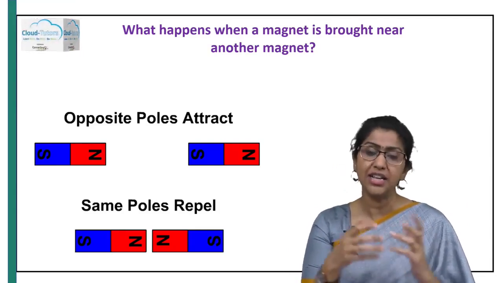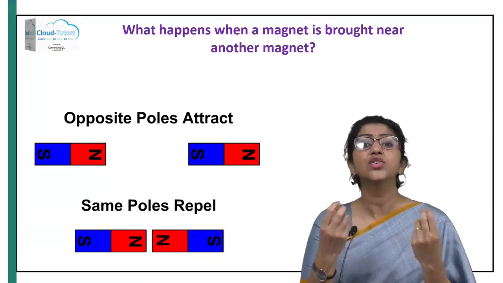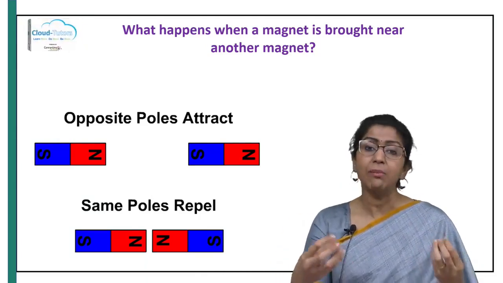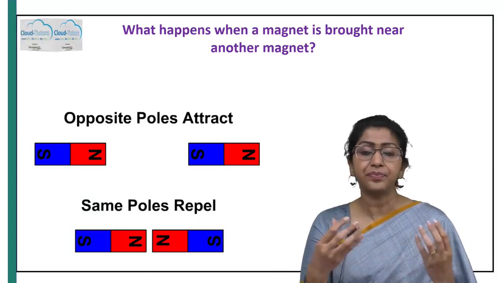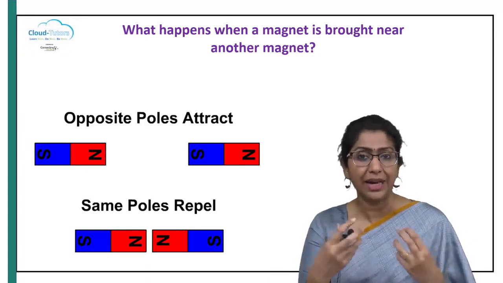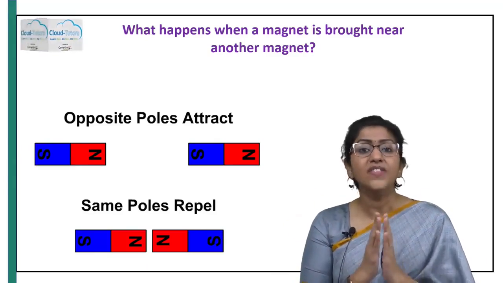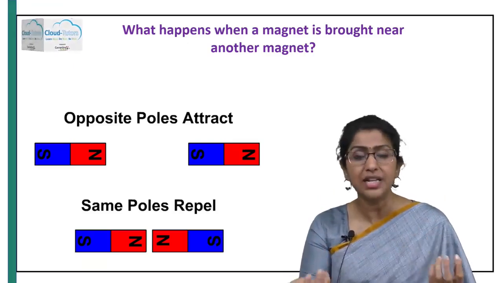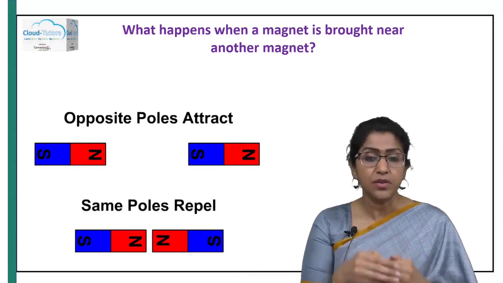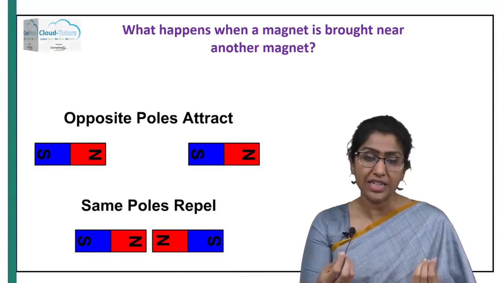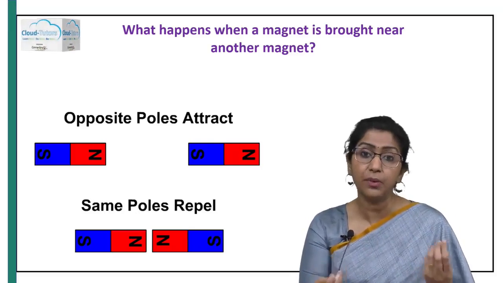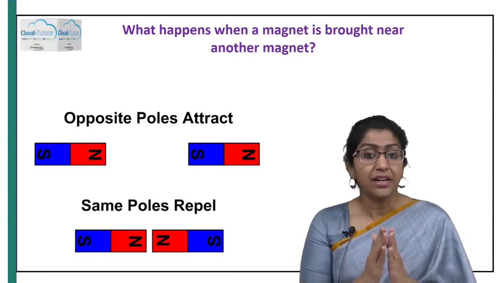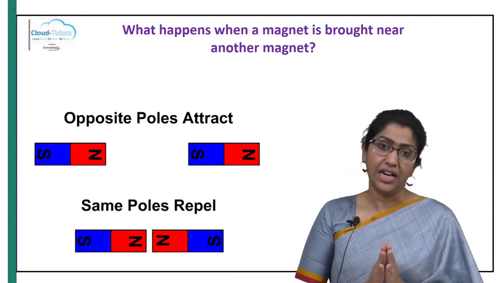Why is that? Because a magnet as such has 2 poles. One is a north pole, another is a south pole. By the property of these poles, similar poles always repel each other, and unlike poles, that is, different poles, attract each other. So in terms of how we put it across in the examination, as a property of North Pole and South Pole, or magnetic poles as we call them together, like poles repel each other and unlike poles attract each other.